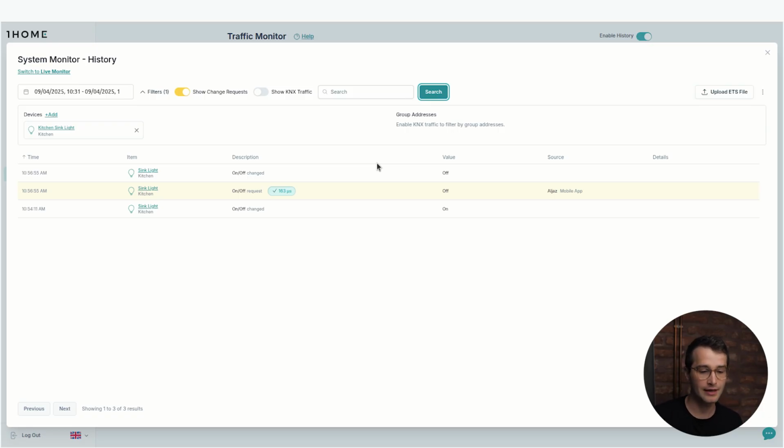Oftentimes customers come and ask about why did certain action happen in the home, why did these blinds go up yesterday at 5 p.m. We can very easily now go and check, did this request come from KNX, KNX push button, KNX weather station, or did it come from One Home Automation, One Home mobile app, or even a Matter compatible app like Apple Home. This way you can always know what is going on, and now you can always explain to your customer why something happened. It's not just, it just happened and we don't know why. Now you always know. All this data is being stored solely on the device in your project.